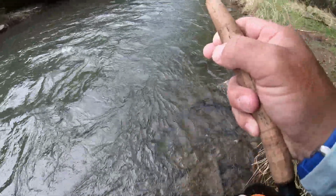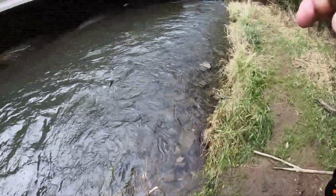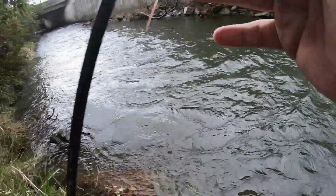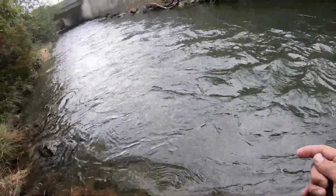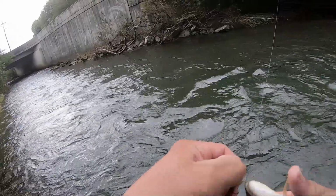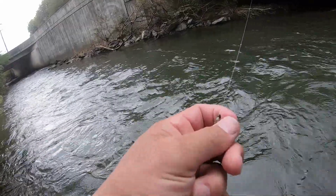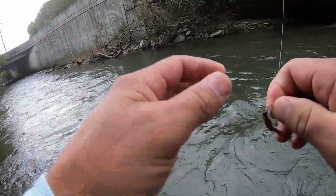And take him down here where I can get at him. Hopefully it doesn't snap off that streamer. I think he did. No, he's got them both in his mouth. All right, he's got the caddis in the mouth, and the streamer was wrapped around him. I don't know if you saw that, but